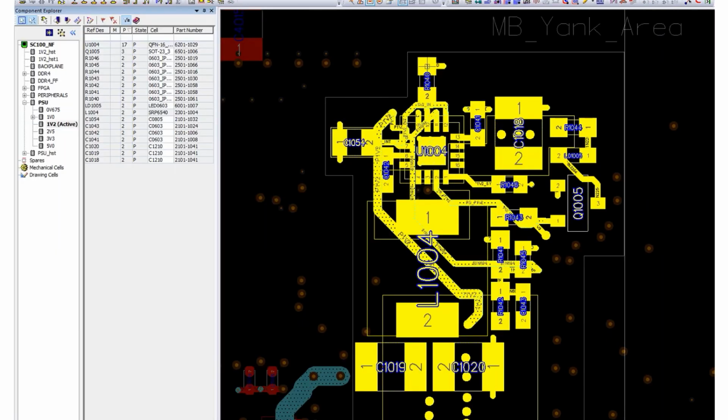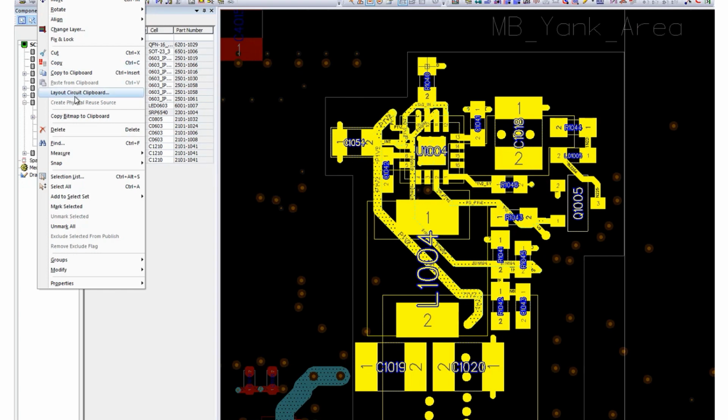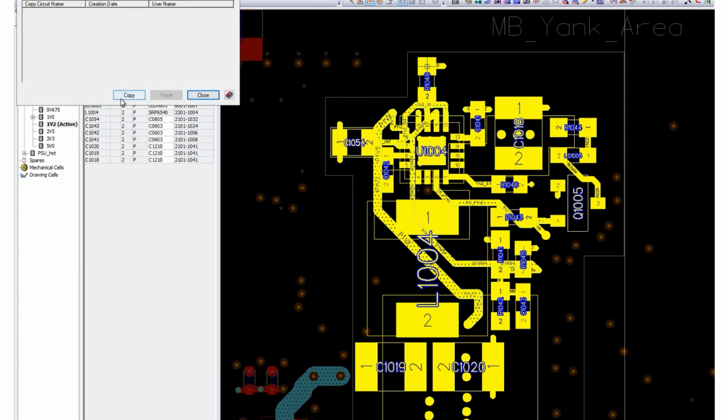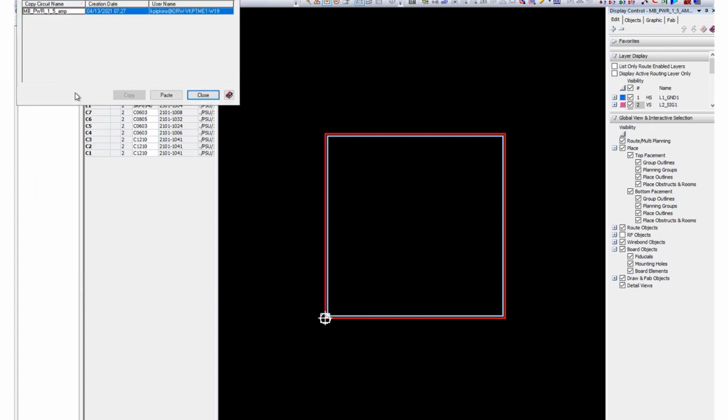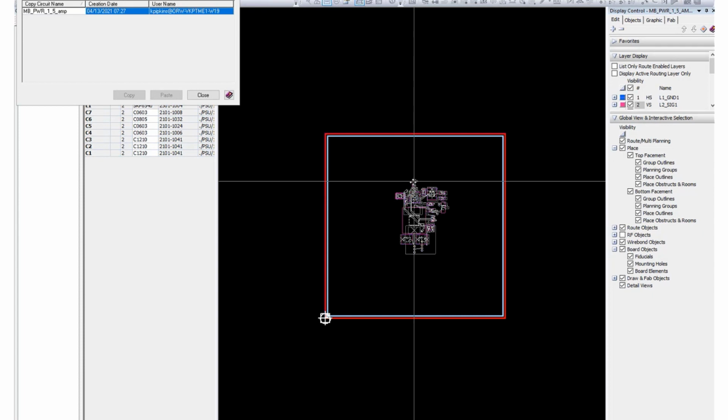Open the layout circuit from the previous design, and with the captured power circuitry selected, copy to the layout circuit clipboard. Open the managed block layout and paste the circuit.